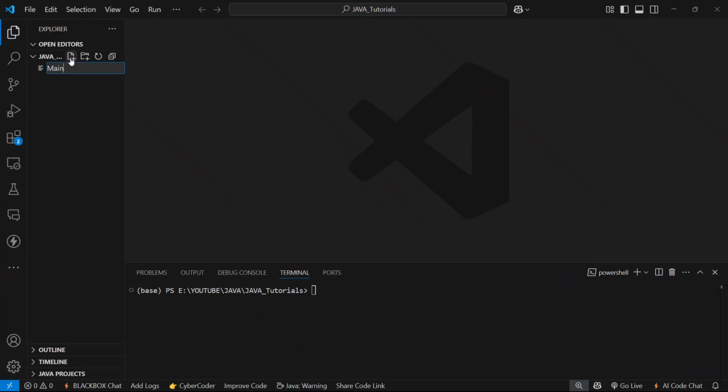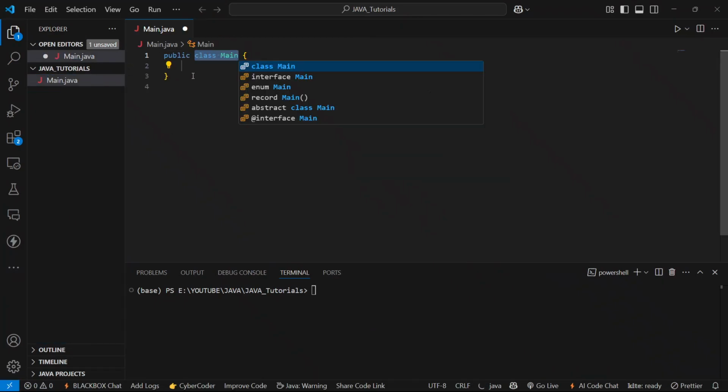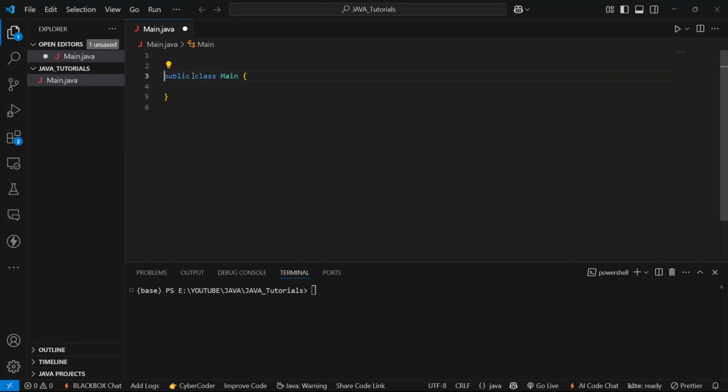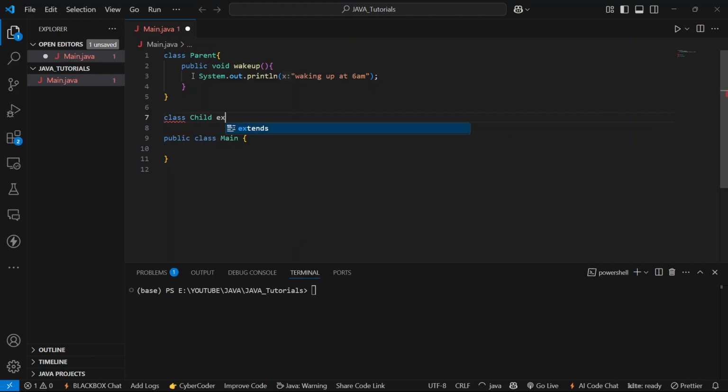Let's create a main.java file, and inside the main.java file we'll take a parent class Parent, and inside the parent class we take a wakeUp method, with the method name wakeUp followed by zero parameters, and here we are keeping a print statement, "waking up at 6 a.m." And we'll take another class which is a child class which extends Parent,